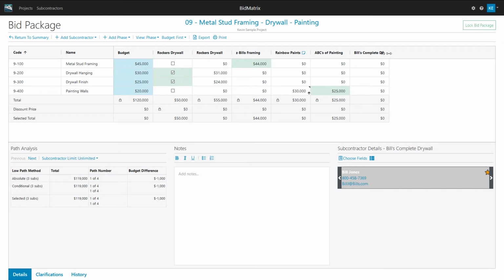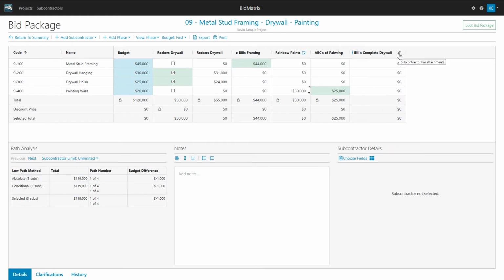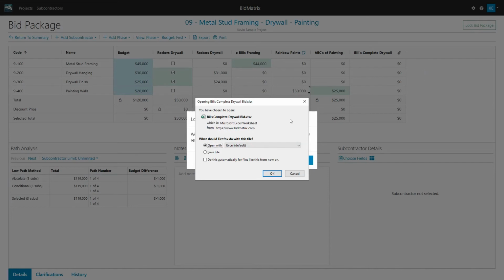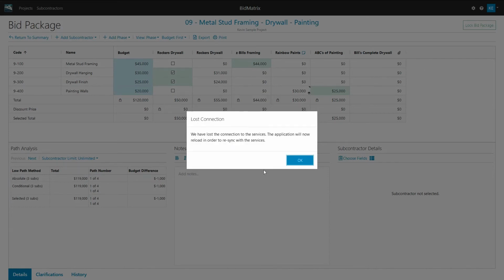It's a little hard to see because I've got such a long name on that one. If I make it a little bit wider, you can see the little paper clip represents that I've got a file attachment on it. So if I go back up here and take a look at it, I could attach another file, or I could see a list of them, or I could take the attachment off if I got it on the wrong one or whatever the case is. If I click on it, it'll actually ask me what to do with it.